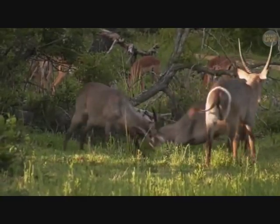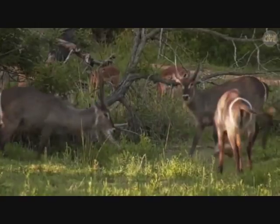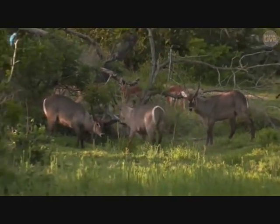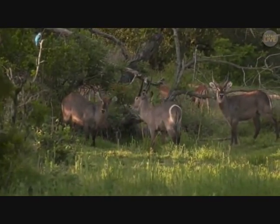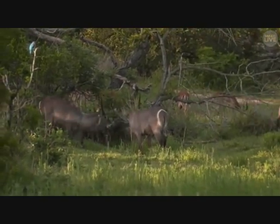And once again, a nice aggregation. Impala, waterbuck, we had those Nyala. I don't know where they've gotten to now, but they're a little bit to the right and forward. You'll see those two younger ones are now starting to jostle a little bit, right? Senzo,